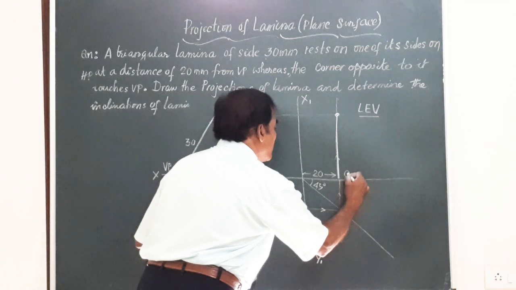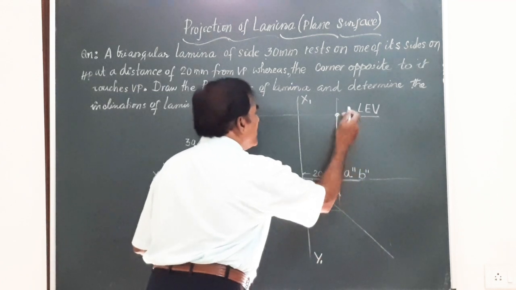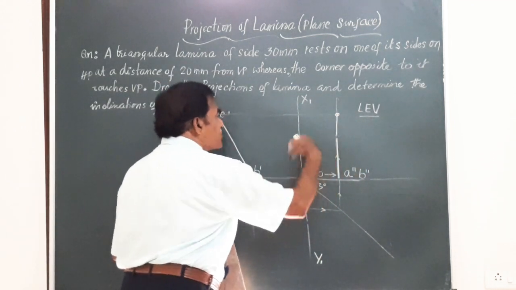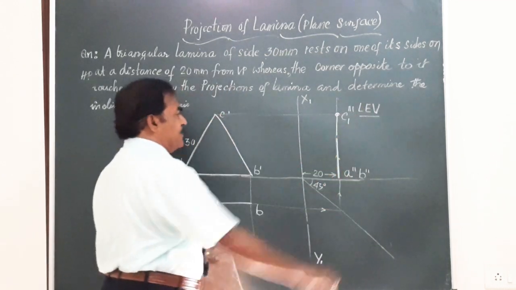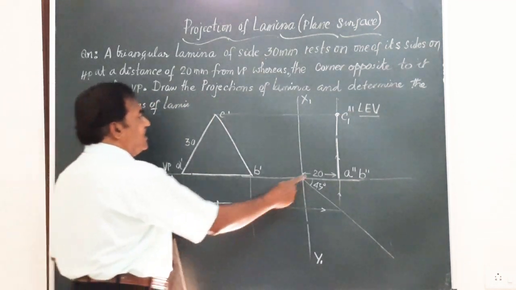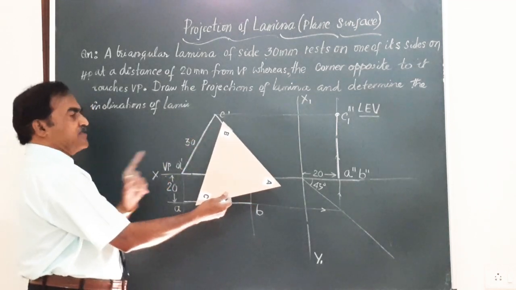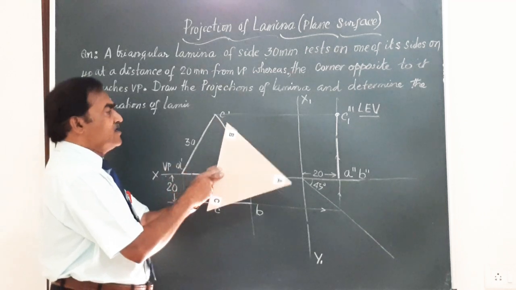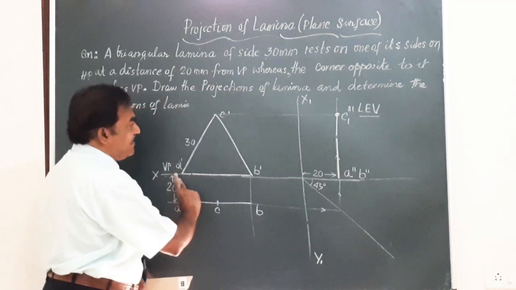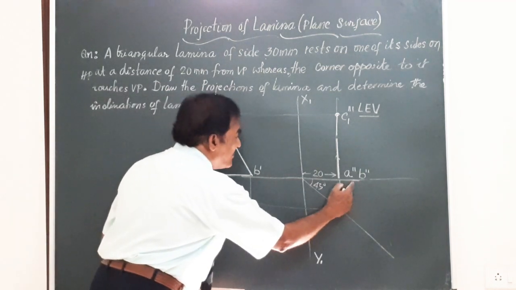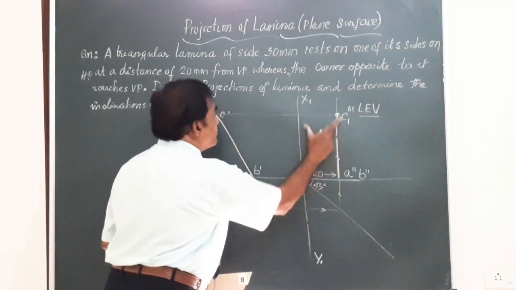So in the end view, point A is represented by A double dash, B double dash, and here you are going to have C, but the position of this is going to change. I will call this C1 double dash to start with. Friends, this is the side view of this lamina when it is seen from the left end. When you see from the left end, you get this image on the right profile plane at a distance of 20, same as this. If it is 25, you will get 25. So this is a square. It is possible only by drawing this 45 degree line, you can locate this position.